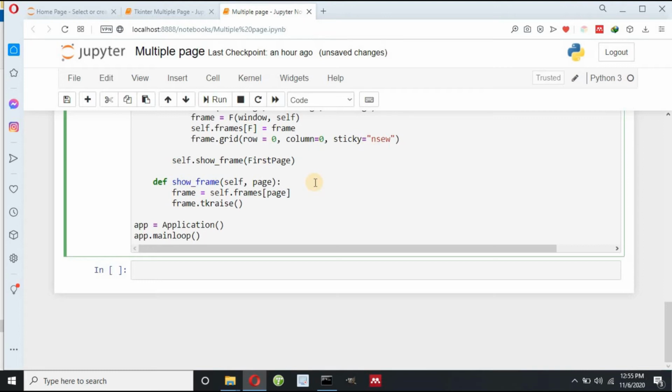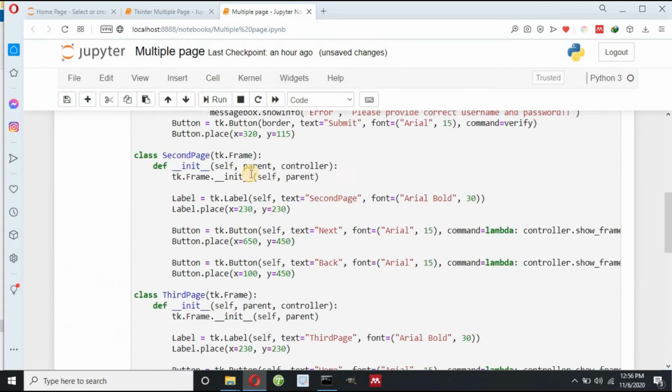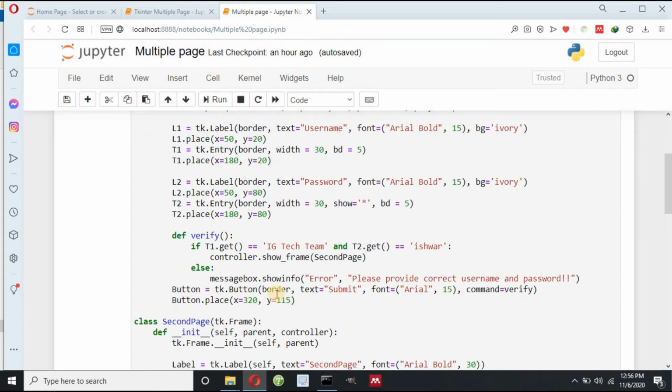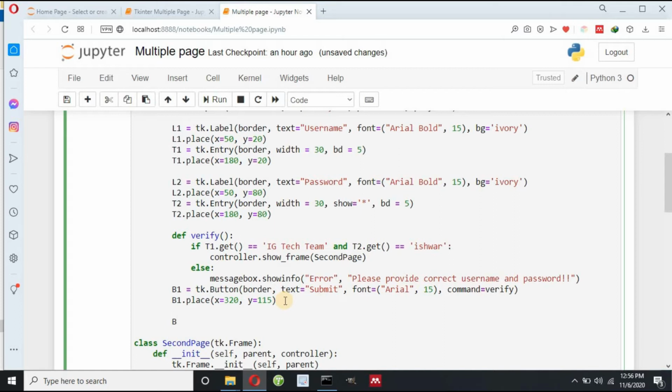Now I have to make one register button. I have to make register here. So I need to define one button called register. Let me change this button by B1 for submit button, and let me create B2 equals to tk.button.